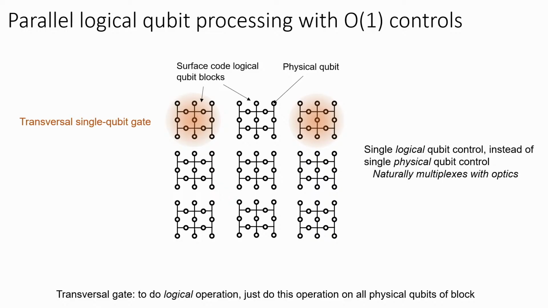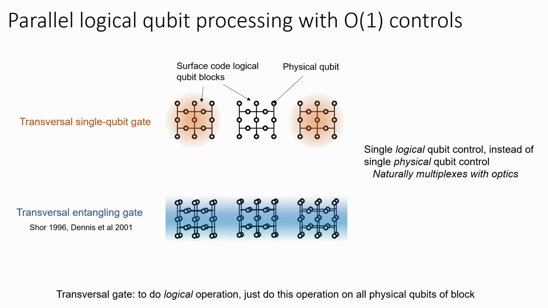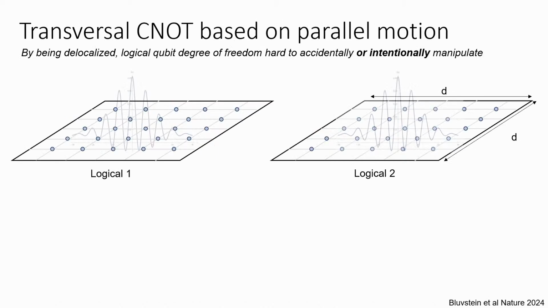And crucially, we can also do this for two-qubit gates, where we pick up the two blocks, interlace them with each other, do one global pulse of our entangling laser, and in this single parallel step, we can entangle pairwise all of the twins of the two blocks, and in this way realize efficient entangling operations between our logical qubits. And this one in particular is something that I really want to emphasize because it's one of the key things that's enabled us to do error-corrected computations with simple systems. This transversal CNOT, I think, is quite special and quite fundamental.